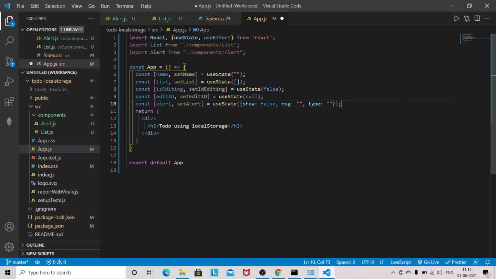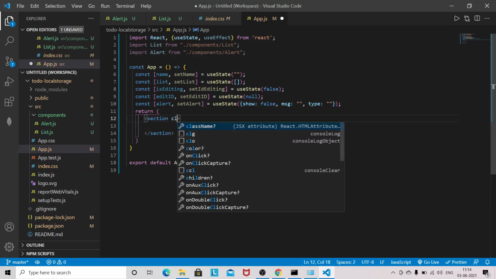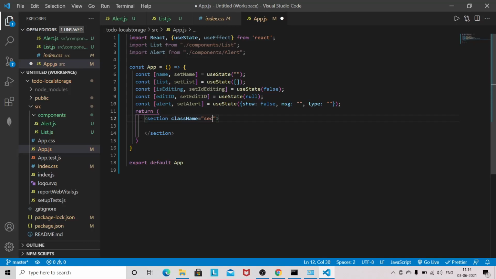now we have to style. Okay, so I will do some styling here. So I will remove this one and section, and I will give the class name. So here again I am using external CSS styling.